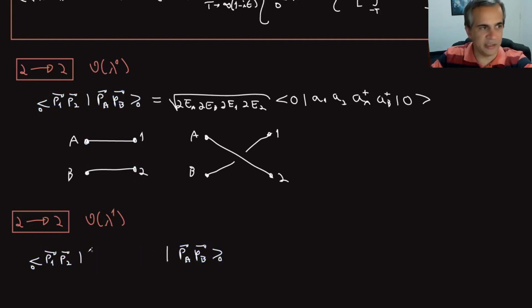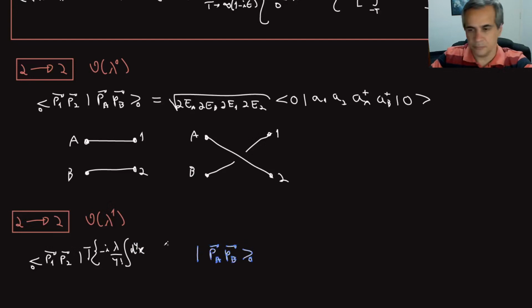Now I have one insertion of the interaction here, which is the time order product of operators that I'm writing here, right? I have an integral for the position of the vertex, which I'll call x, i to the 4x,